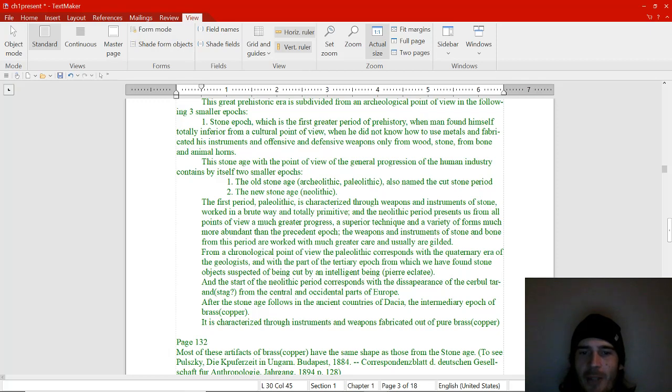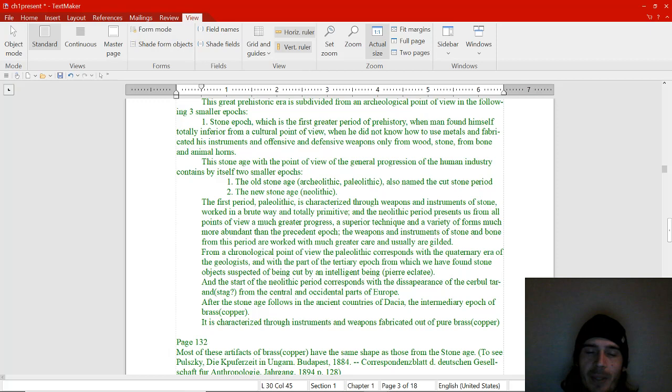After the Stone Age follows in the ancient countries of Dacia the intermediary epoch of brass or copper. I say brass or copper because the Romanian word arama could mean both when translated in English. We all know it's the Copper Age, but that does not rule out brass. So I will just say